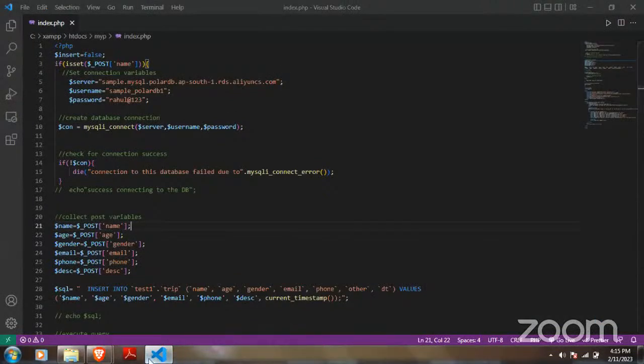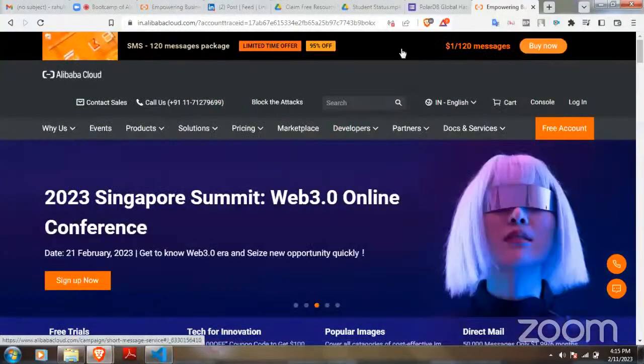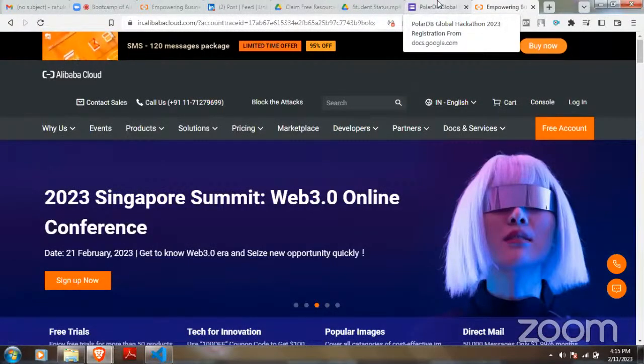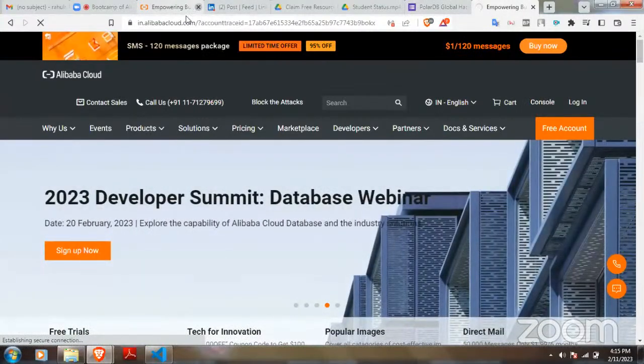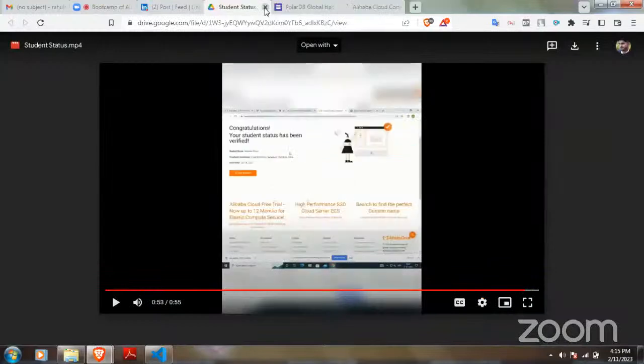You can use any language, Django or Node.js, but for my comfort, I have used this PHP file. I'll show you how you can connect your project to the cloud and store your data up to 100 TB on the cloud using PolarDB.